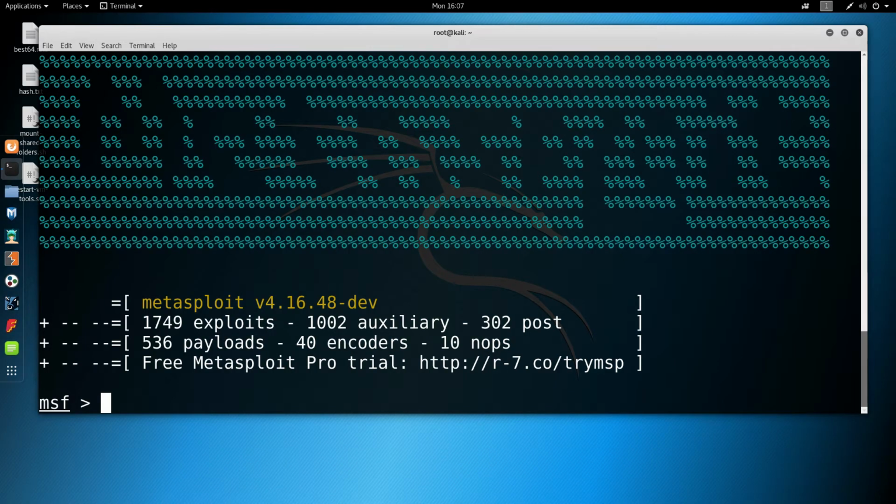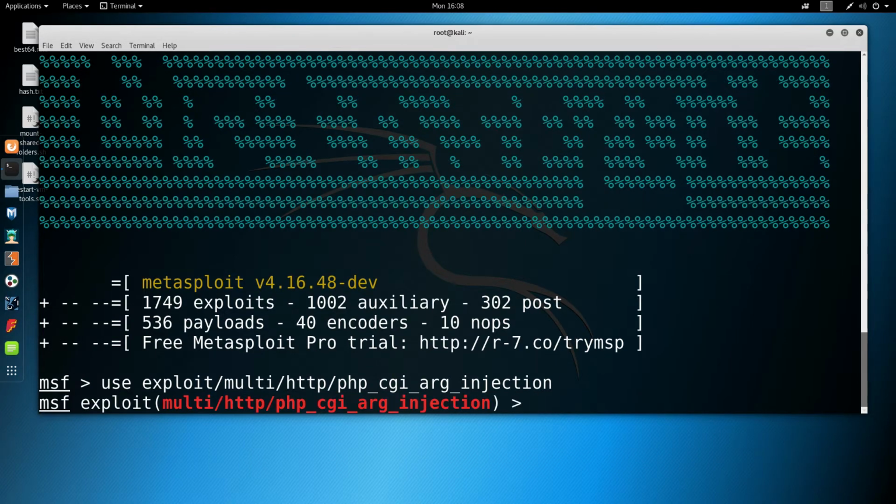Okay, so I'm going to use it against Metasploitable. I'm going to use a particular exploit, and that is this PHP one. I'll just show you what it is. It's kind of hard to say. Okay, so this is my exploit, and I want to set a payload to